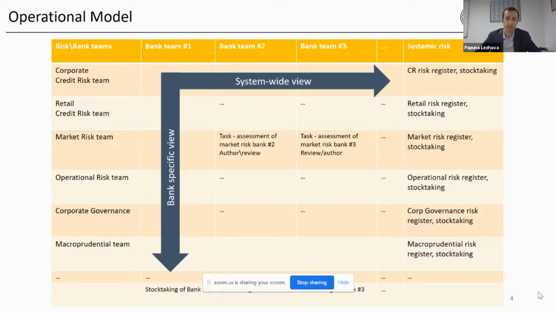In addition, the risk supervisors are also looking at macroprudential risks. So they're looking at systemic risks across the whole banking system, and this is an important feed into our overall assessment. And in addition to looking at the banking system, the macroprudential team is also looking at other macro indicators they collect from our monetary policy colleagues or statistics department in order to have a better assessment and understanding of macroprudential risks.